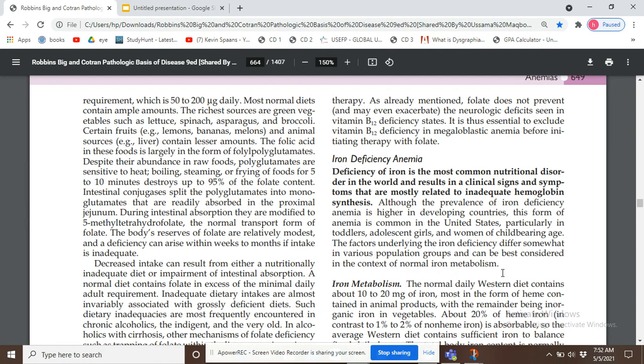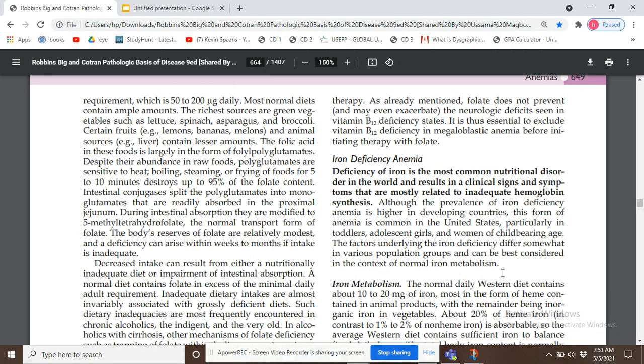So, iron deficiency anemia can be seen in any age group, but there are certain age groups which are most important, and in those age groups there are higher chances of iron deficiency anemia. That means that we see iron deficiency anemia in these age groups. For example, which age groups? For example, in the newborn, toddlers, young adults, that means adolescents, and then women of childbearing age, those women who are pregnant, or those who are lactating women.